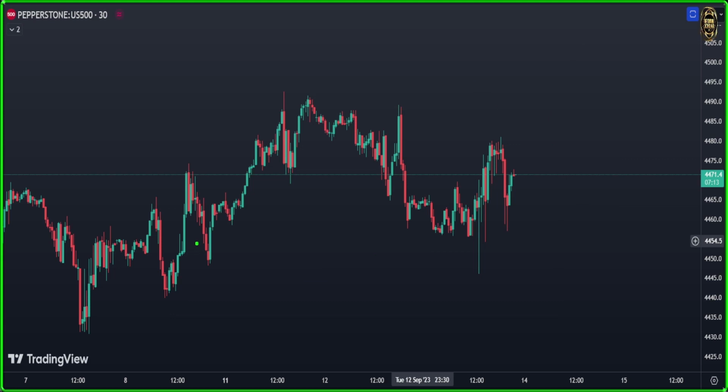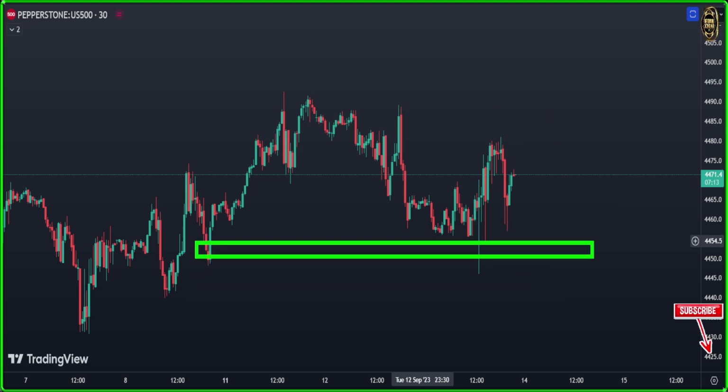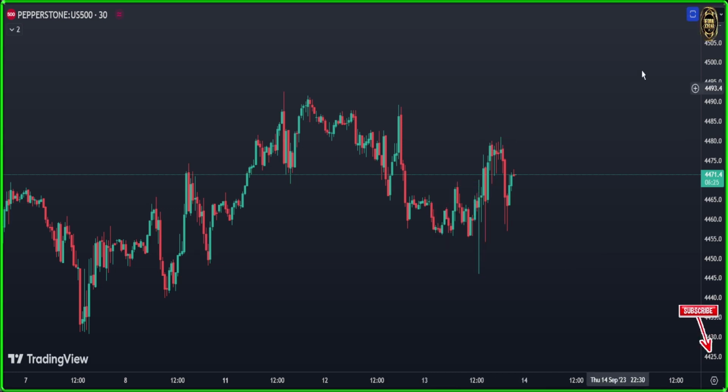And if you remember yesterday what I told you about that supply and demand zone, I told you the market needs to give you here a price action and give you here a double bottom. So when it's breaking here, you enter long. So I think the picture is clear, guys. Now let's see our indicator in 30 minutes.